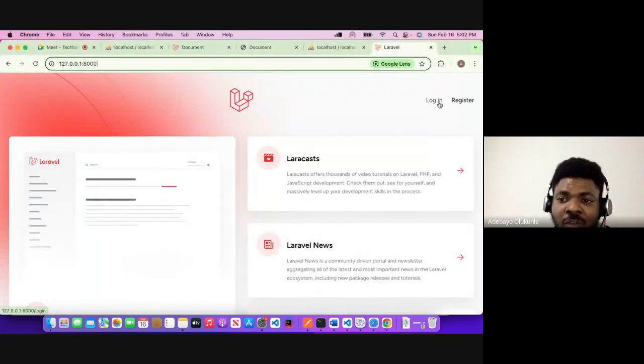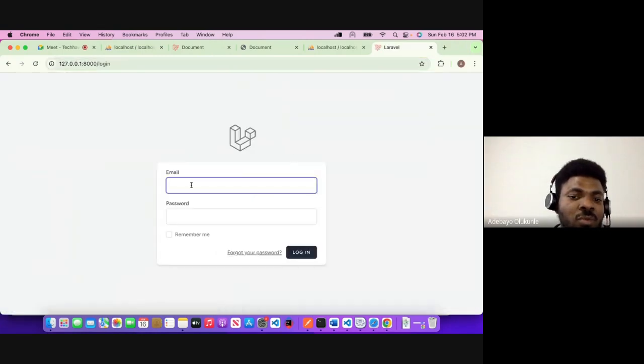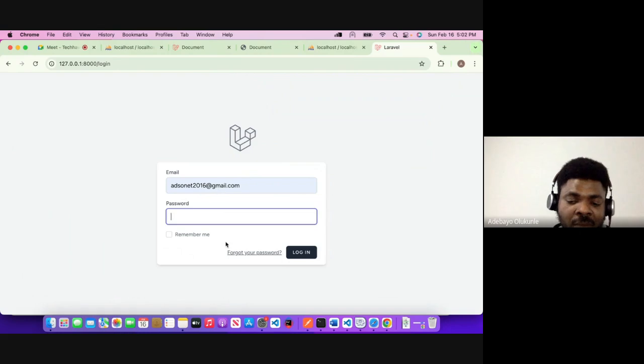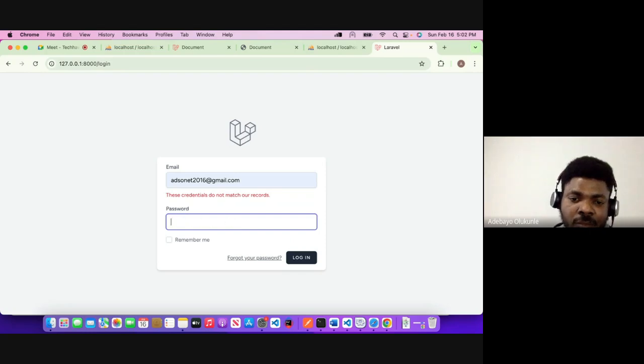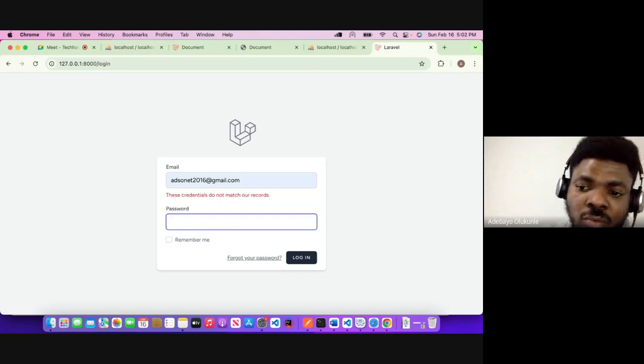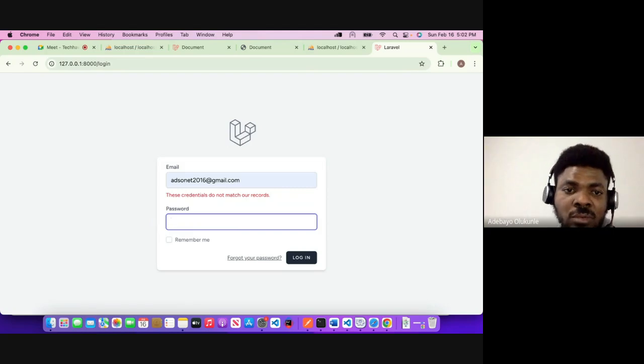If a user wants to log in, you can see that we now have the login and register links. If I say login, you see what we have. Let me put in my email and then a wrong password. I inputted a wrong password. Look at what it's telling me: the credentials do not match our records. So it has simply created nice stuff for me, which I can always edit. I can always overwrite any of those methods or functions. So this is what we'll be using going forward to build whatever we want to build, and we can leverage